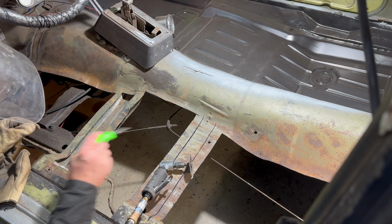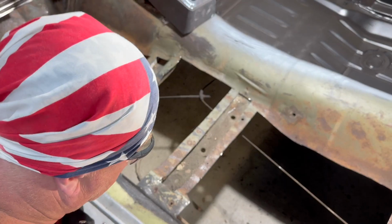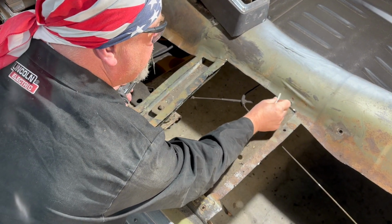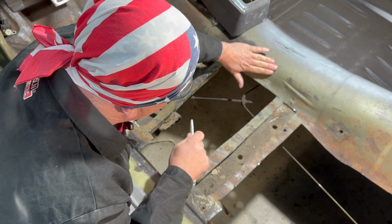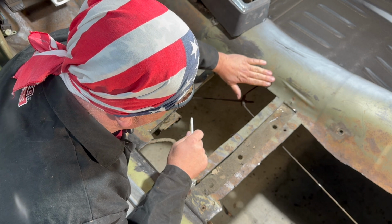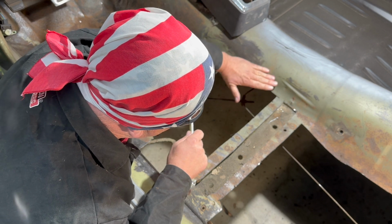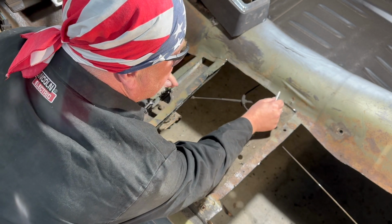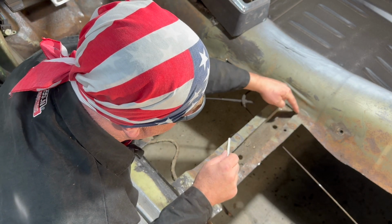So I'm going to cut this one out the same way, and then we'll come back and see the next step. So we're going to cut these here now. It's these pieces of the floor that are left over. Now again, the floor comes down and starts to come out this way, and I want to fit the new floor in where this is on just a downslope, because this curve in like this is going to stop the new floor from sitting down properly. So this is actually about right in here is where it starts to curve. But for now, I'm just going to cut it off